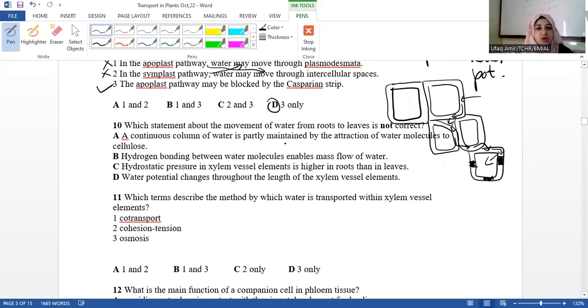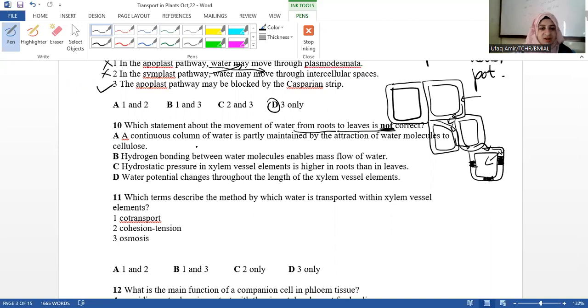Which statement about the movement of water from roots to leaves is not correct? Okay, keep it in your mind, not correct. From roots to leaves. A continuous column of water is partly maintained by the attraction of water molecules to cellulose, correct. Force of adhesion. Hydrogen bonding between water molecules enables massive flow of water, correct. That's force of